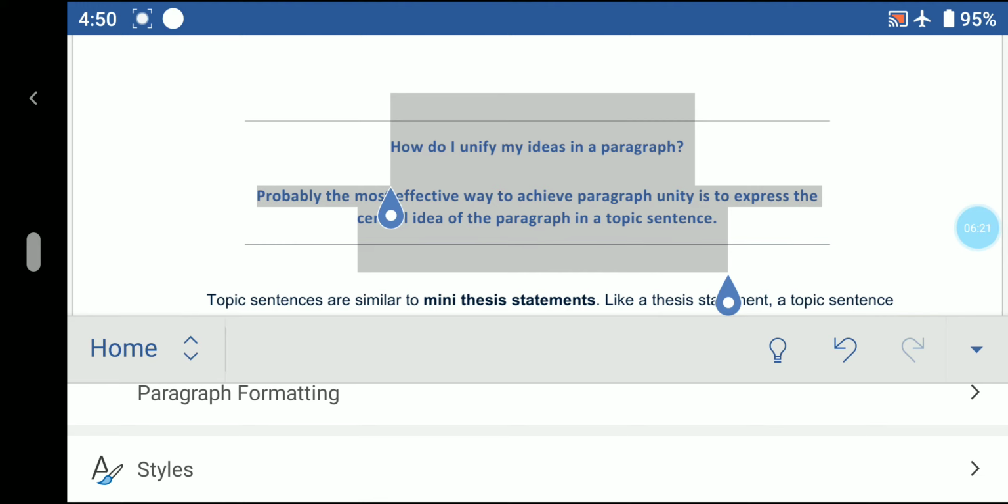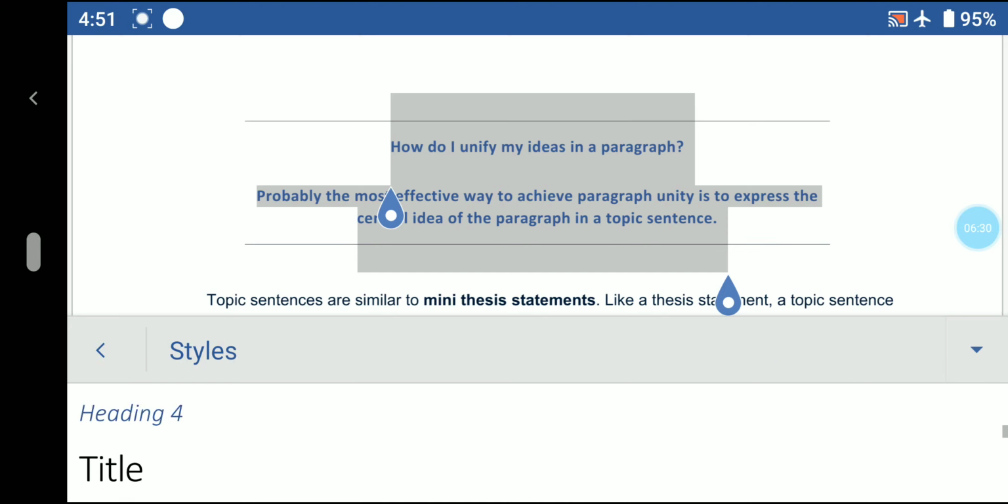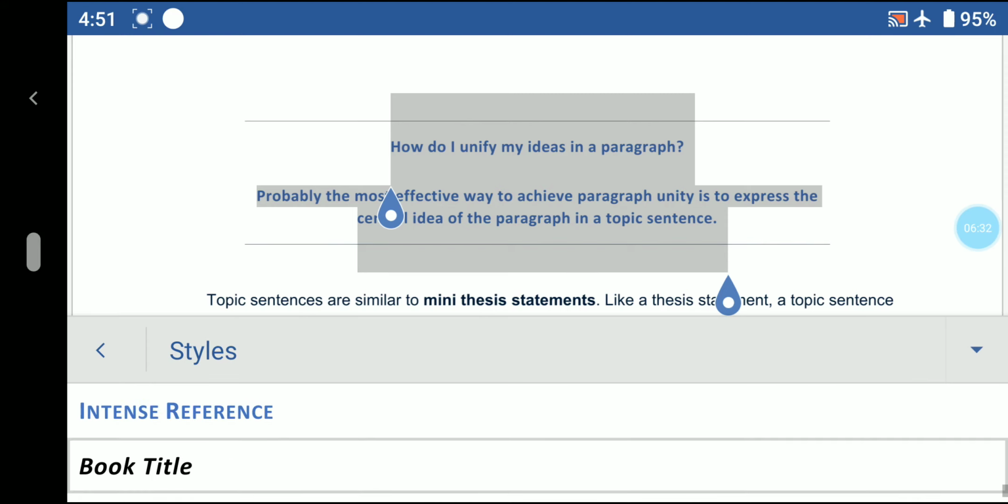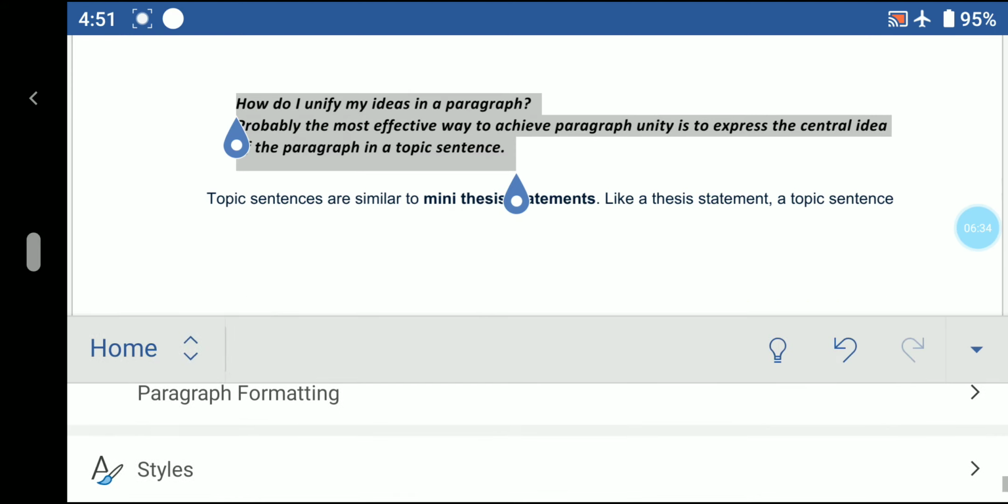If I choose Book Title, the paragraph you have chosen will look like this. Again we are moving to another one, List Paragraph. If you choose List Paragraph, it will look like this.